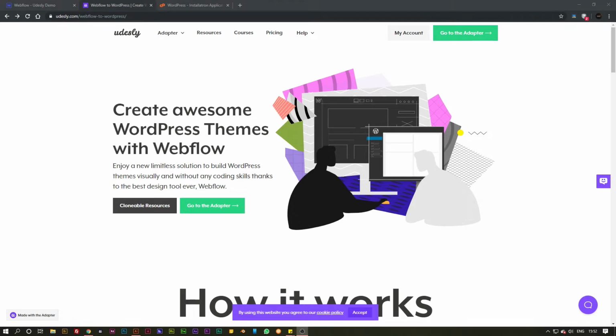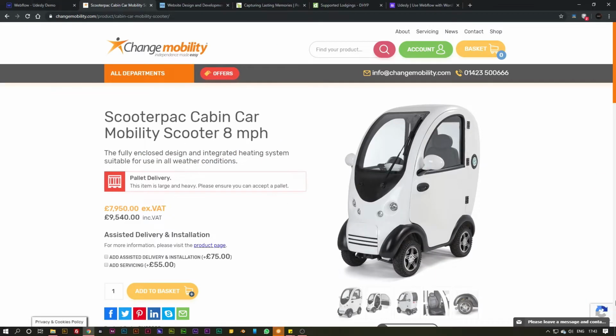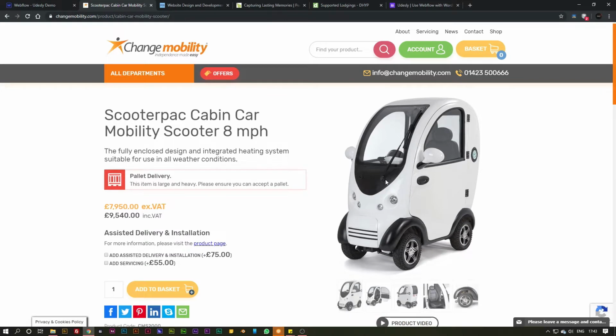What I'm going to show you is how you can use advanced custom fields inside of your WordPress store, WordPress site that you've created inside of Webflow using the Udesly Adapter. So what is advanced custom fields? Well, advanced custom fields allows you to add additional elements onto your page template and edit them inside of the WordPress backend. So for example, as you can see here, I have created this product page which has the option